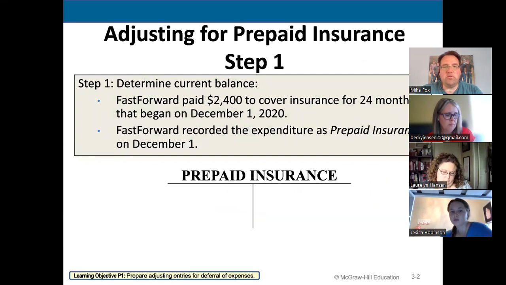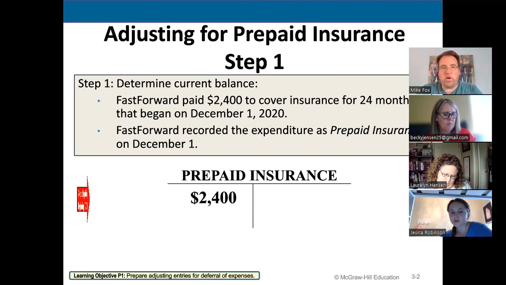So here's an example. Here's how you'll see them a lot of times in the homework or on exams. We paid $2,400 to cover insurance for 24 months, and we paid that $2,400 back in January. So they tell you this, and what's confusing about it is you think, oh, I have to enter the journal entry for paying $2,400 for insurance. And what they're telling you is,